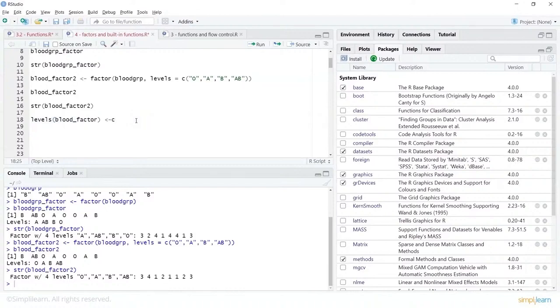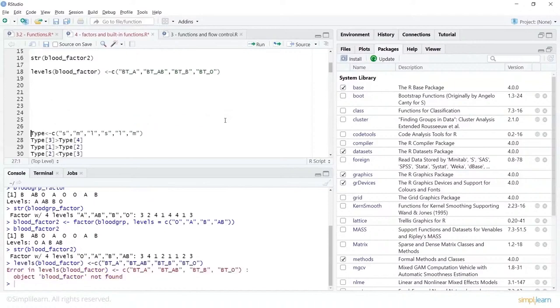So this is when you would want to give specific names, and let's create a vector and let's call it, say, bt underscore a, and maybe you would want to give bt underscore ab, and then you will give bt underscore b, and the final one is bt underscore o. So what I'm doing is I'm doing the naming for these particular categorical variables by using levels. Now let's do this,